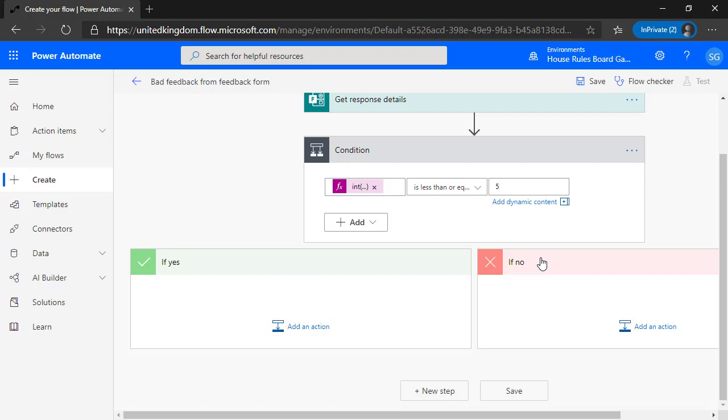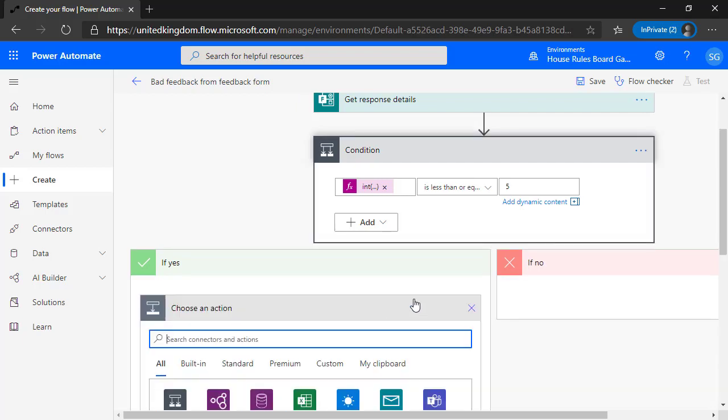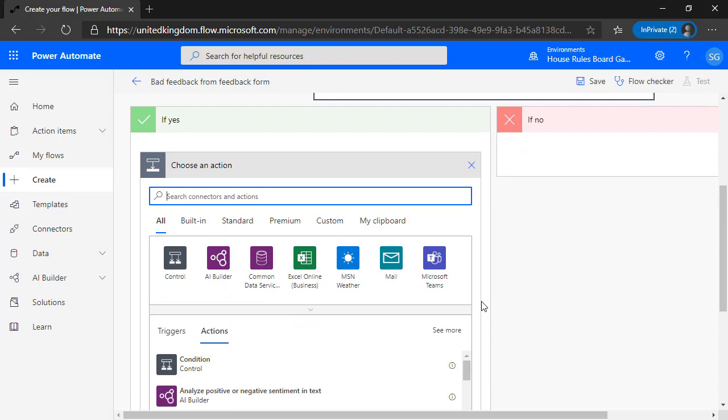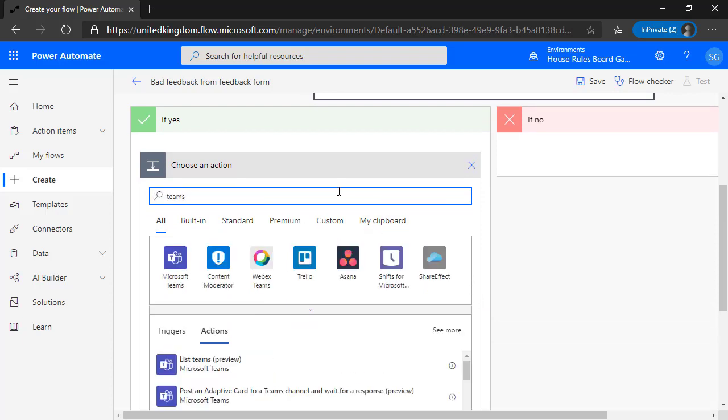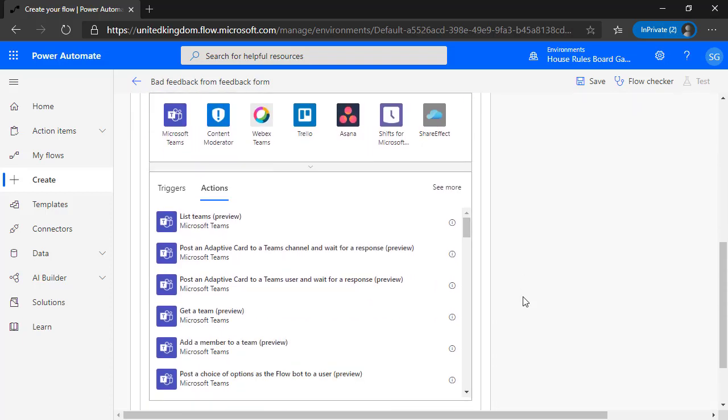although the team will periodically review the great reviews that hopefully we're going to be receiving at House Rules Games, however, I'm more interested in making sure our customers are satisfied. So I want something to happen when we receive a bad notification. Bad feedback, sorry. So I'm going to scroll down, click on add, and this time I'm going to type in